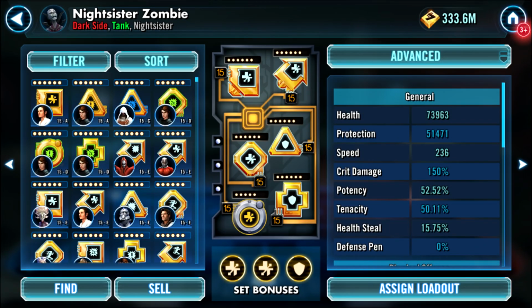Next up is our Zombie, who we have modded with 2 health sets and a defense set with a total of 236 speed. Similar to Daka, you need to focus purely on health for the primaries, except for the arrow, which needs to be critical avoidance. Ideally you'd want 3 health sets, but I run the defense set for the secondary speed it provides along with a health primary. Similar to Daka, you need to focus purely on speed in the secondaries to make sure she's actually taking